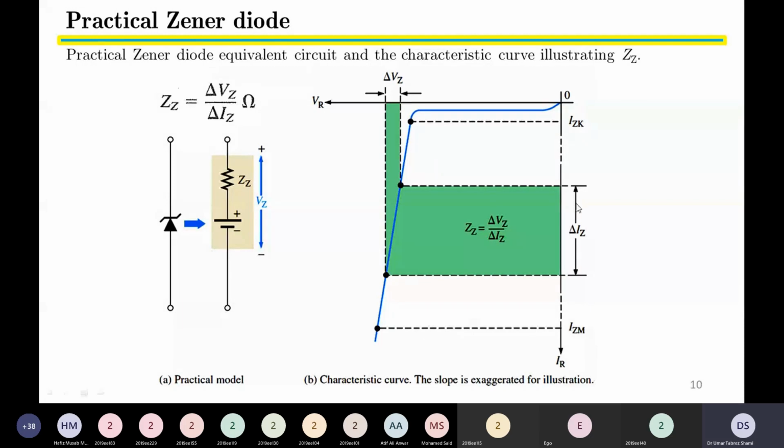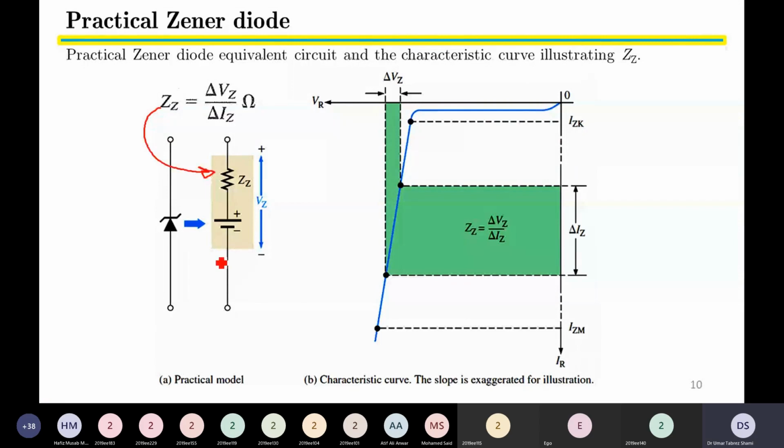So we take one region, delta IZ. Delta IZ is a region that we take within our provided Zener voltage breakdown region, and we observe that as the current changes, there is also a change in the output voltage, that is delta VZ. So the dynamic resistance is the ratio of delta VZ divided by delta IZ, and this is equal to the dynamic resistance, and we will place the dynamic resistance in our